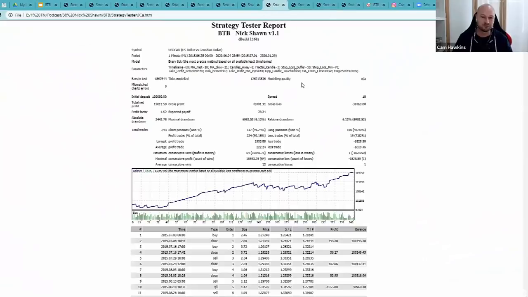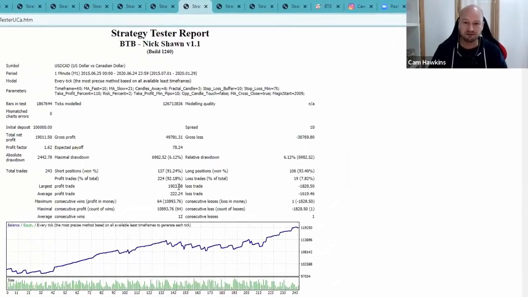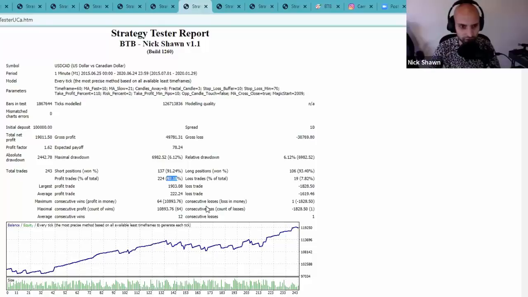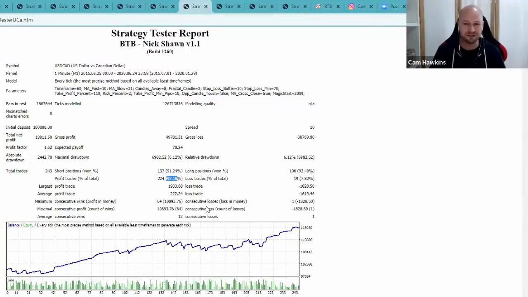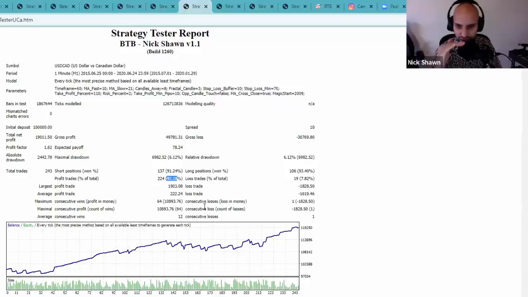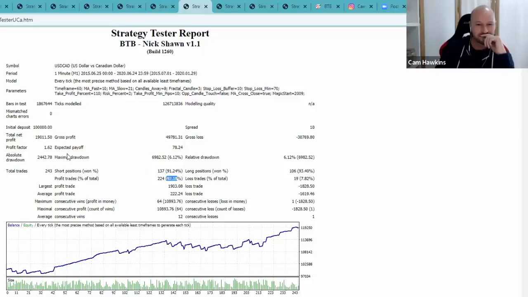That's GU. Another one on UCAD. I didn't even look at this in detail, but this had 92% win rate. Insane. And the profit factor is 1.6, man. Why did I not look at these before? With a drawdown of 6%, I've never seen an EA like this before, dude. Honestly. Yeah. So this one, I mean, this was risking